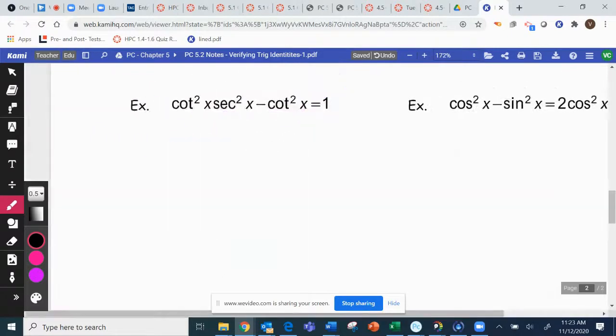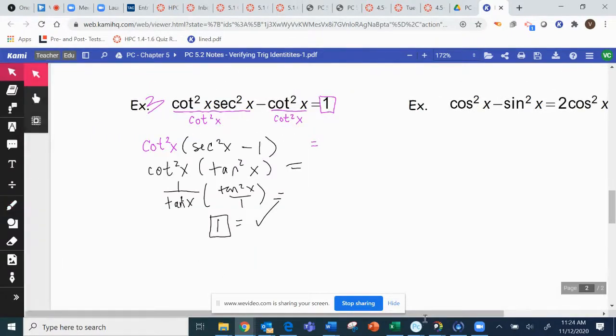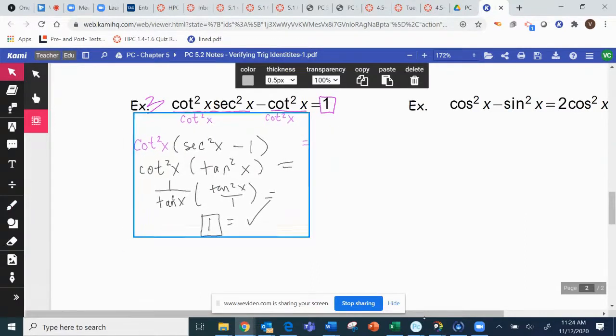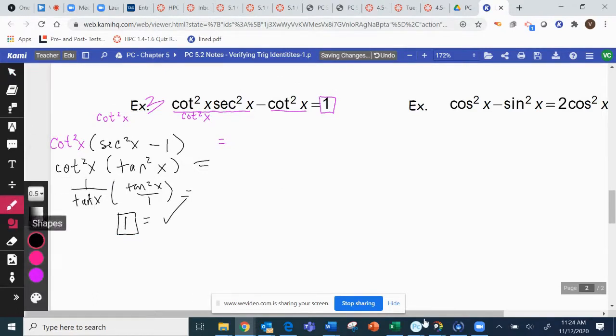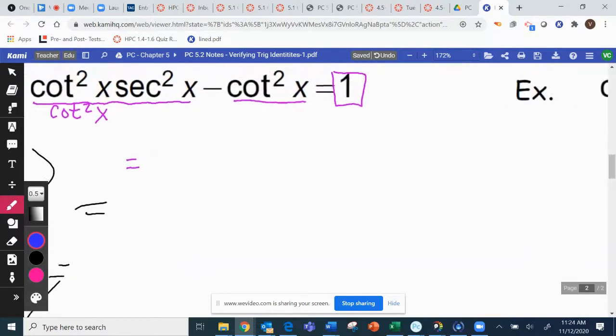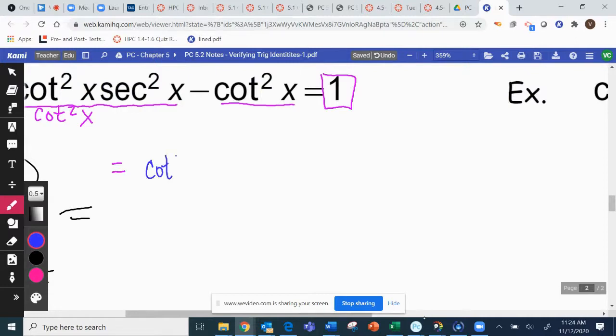I'm going to move this out of my way and then I'll do it underneath that. So I'm still going to do the first step. Let me just change the color, I guess. I'm going to still have that first step of factoring. And then if I don't have secant squared x minus 1 memorized, I might do something like